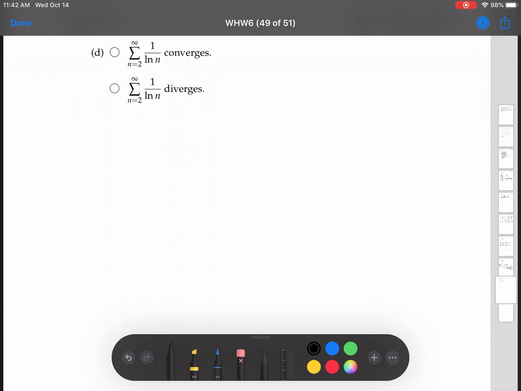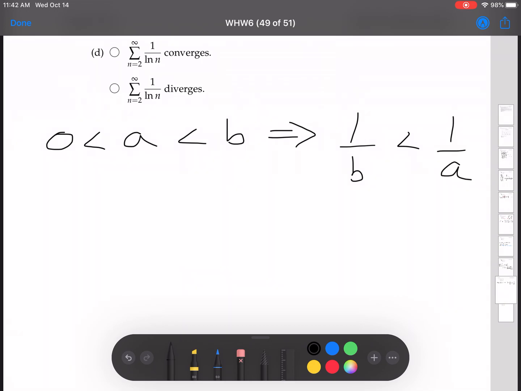Okay, so basically the idea here is we're going to use this rule where, now this only works if A and B are both bigger than 0. So let's say we have 0 is less than A is less than B. Okay. So this tells us that 1 over B is less than 1 over A. Right, so now